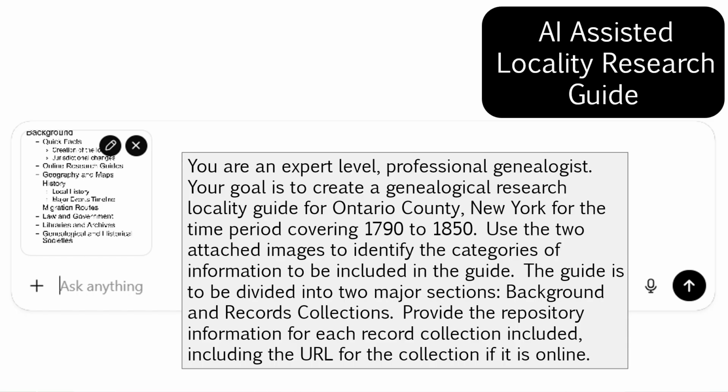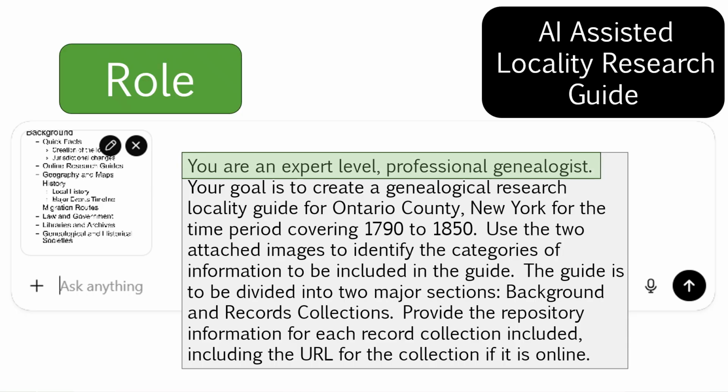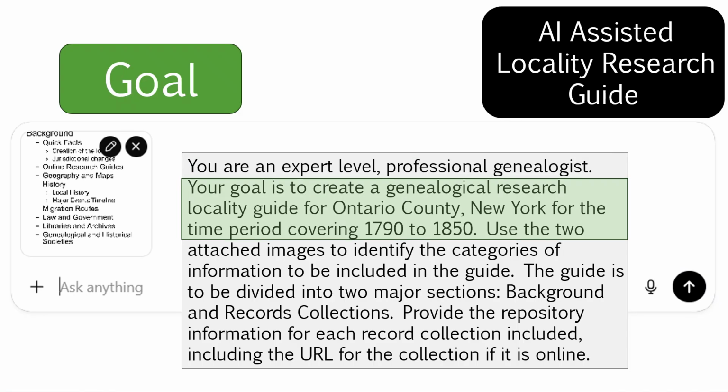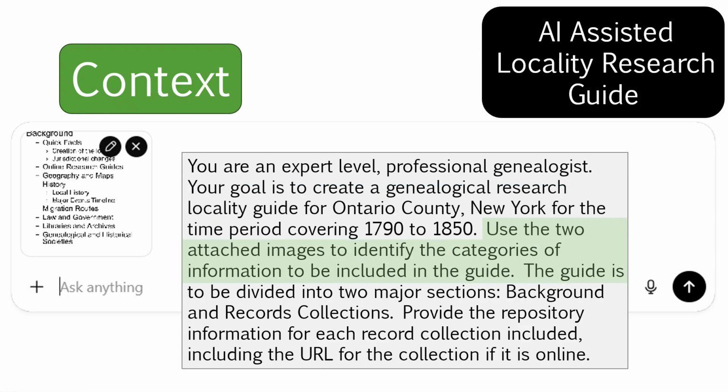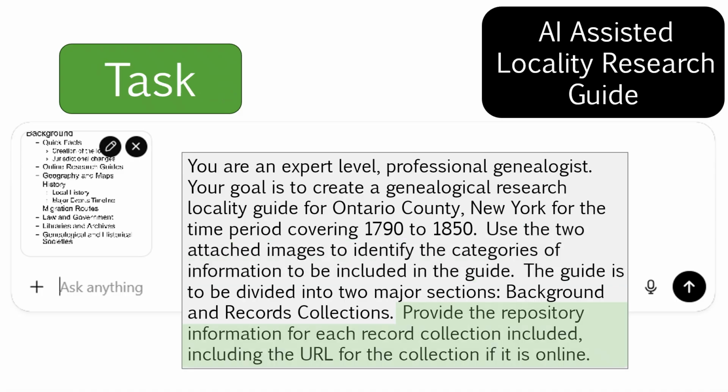You can narrow it to the research period that you're interested in so that I don't have to hear about other records that are available after that. And then use the 2 attached images, because I broke that into 2 images, to identify the categories of information to be included in the guide. The guide is to be divided into 2 major sections, background and records collections. Provide the repository information for each record collection included, including the URL for the collection if it is online.